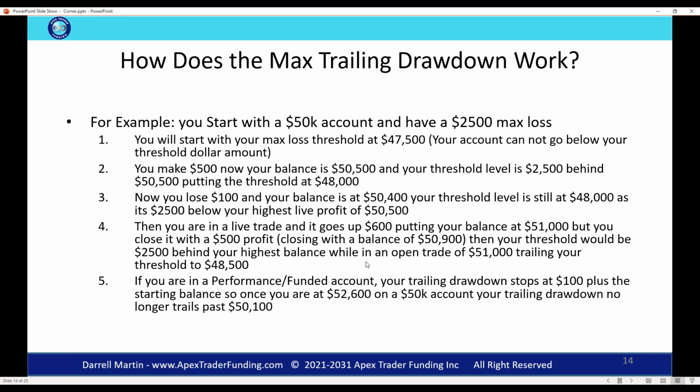Why? Why would we do something like that? Why would we have a trailing threshold like that that follows? What does that force you to do when you're trading? Again, I always go back to saying, hey, put yourself in our shoes. If you're going to hand somebody 100 grand to trade and they're up $1,000 in profit,